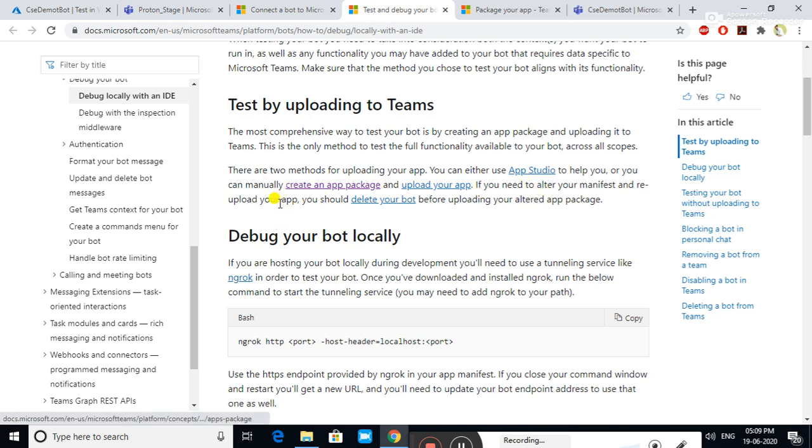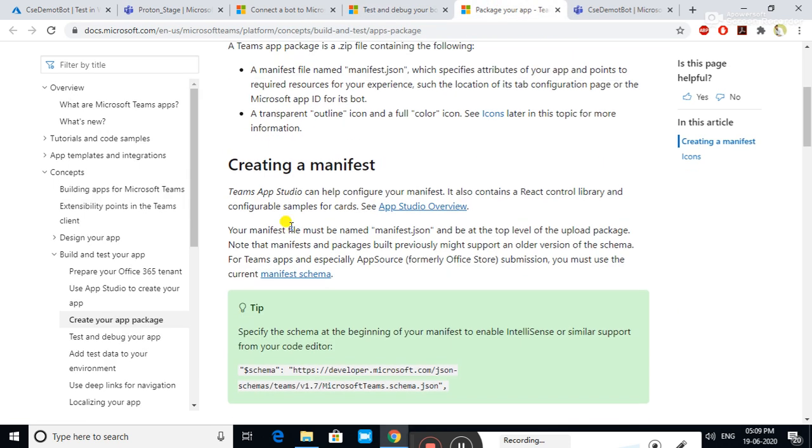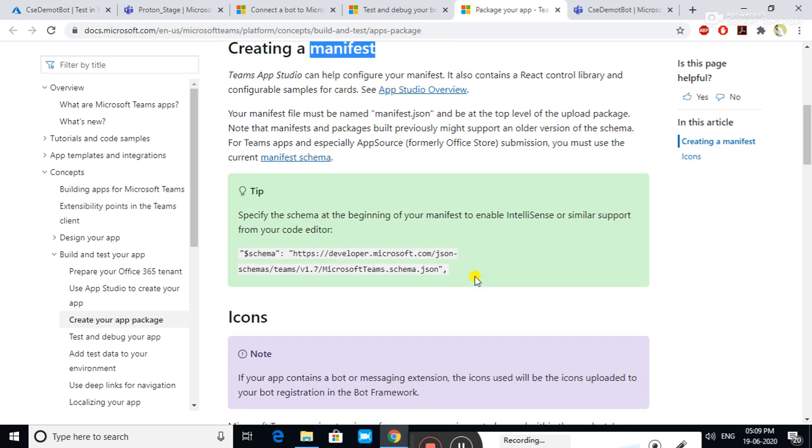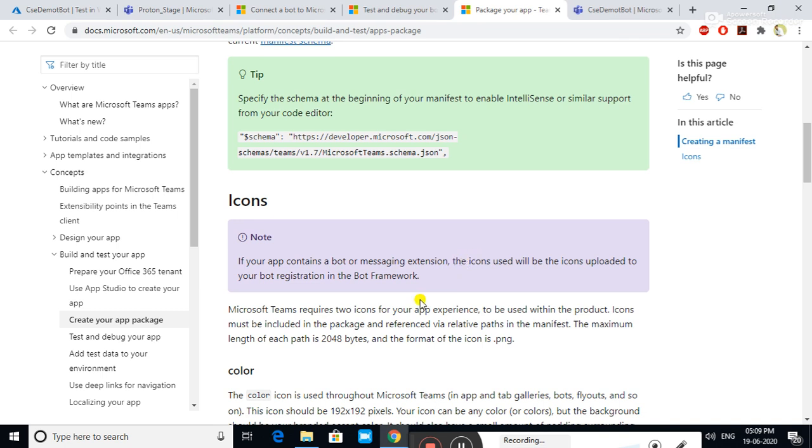If you use the second option, creating a package manually, you need to have three things. First, you need a manifest.json file. That JSON file will include all your bot information like bot name, bot ID, short description, long description, and developer information. The second is you need an icon for your bot.